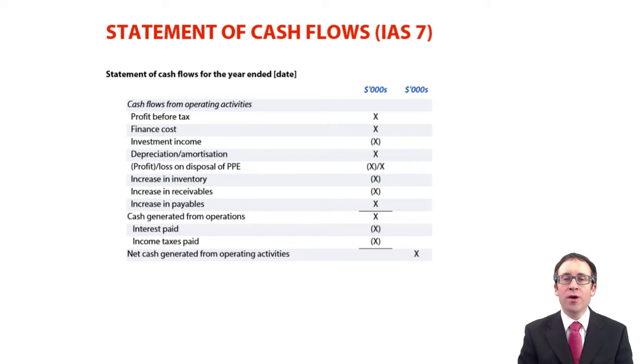So let's continue with our revision of the basic preparation of financial statements that we've seen in financial accounting. In the previous chapter, we went through and looked at how to prepare a statement of financial position and a statement of profit or loss from a trial balance, didn't we? We also supplemented that at the end with a little bit of the preparation of a statement of changes in equity. They will be examined at some point within the exam in section C, one of those individual company style